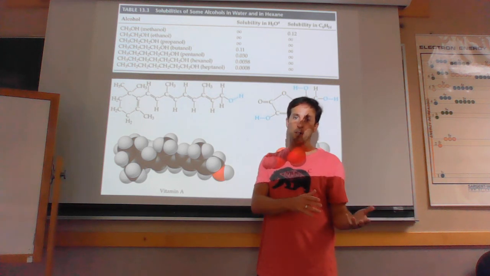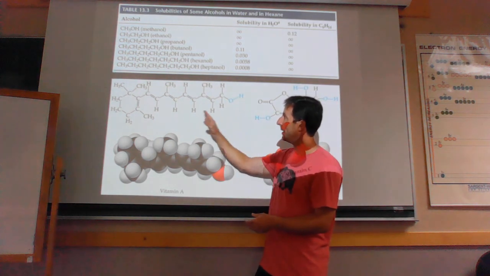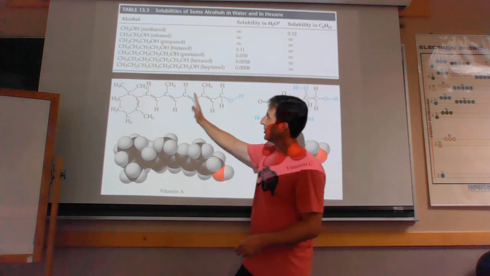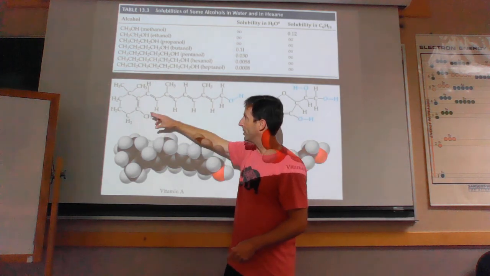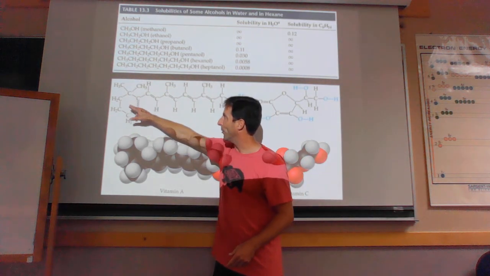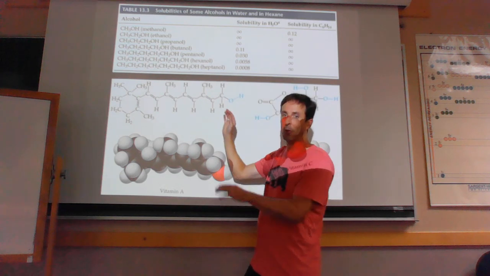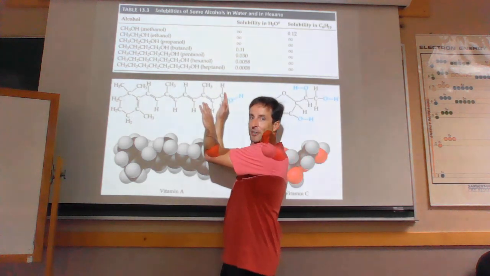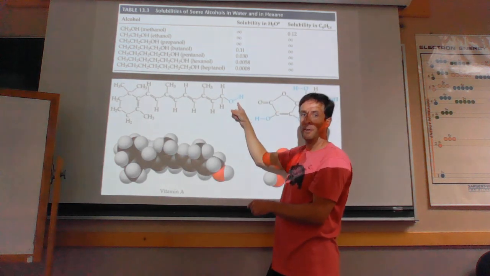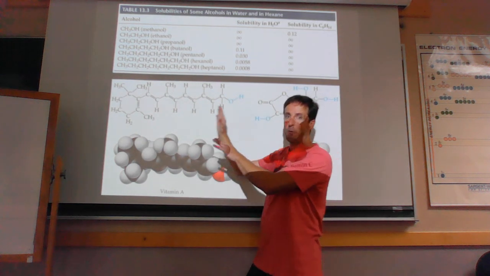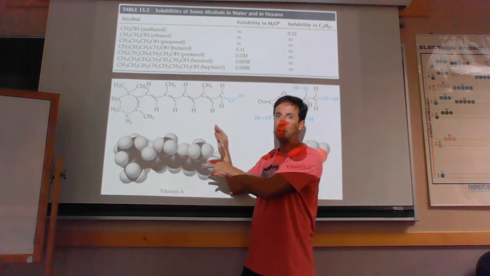Well, of course we can observe it, but if we look at the structure of vitamin A, what we see is that most of the structure is just a hydrocarbon. The hexagonal ring and the double bonds and everything don't really matter. I have carbons and hydrogens everywhere on that side of the molecule. I do have an OH, but it's such a small part of the overall molecule that this molecule tends to be